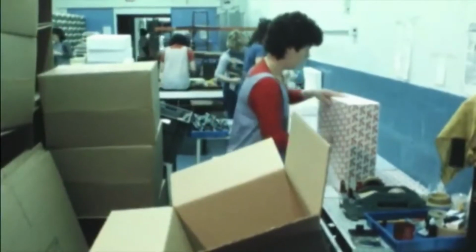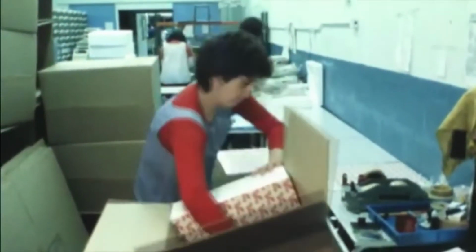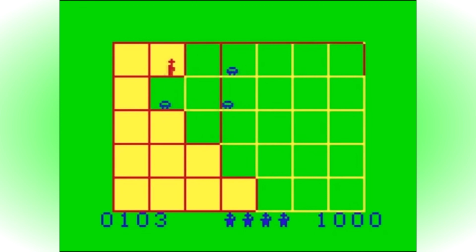Over Christmas itself, Dragon's on the move to a new, bigger,